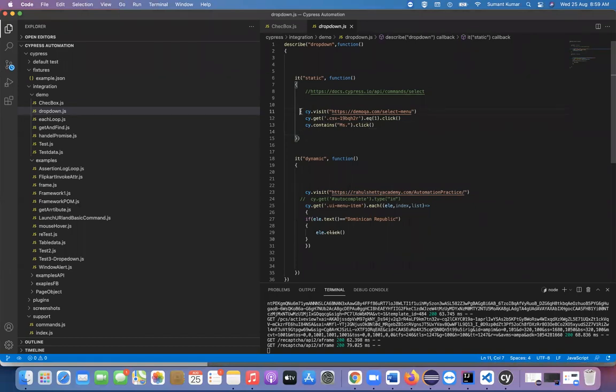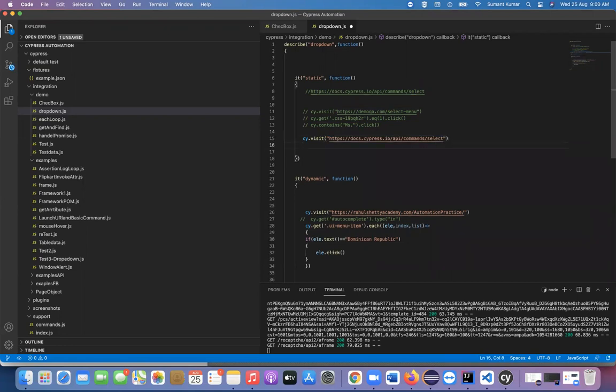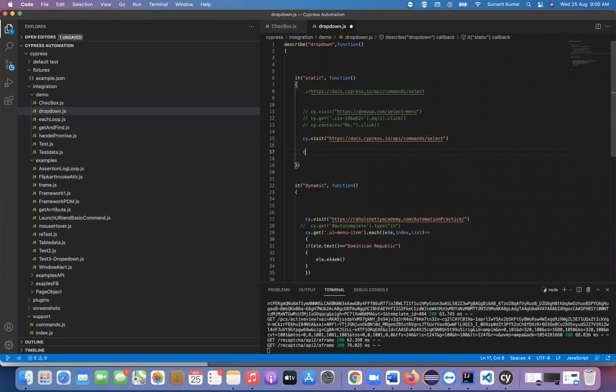So the first thing I'm going to do is cy.visit. First I need to use that particular URL, so it will launch that URL. Then, as I told, cy.get, and then we need to use the select tag.